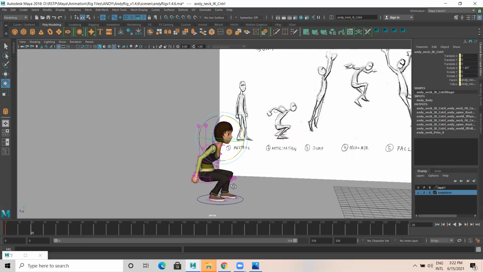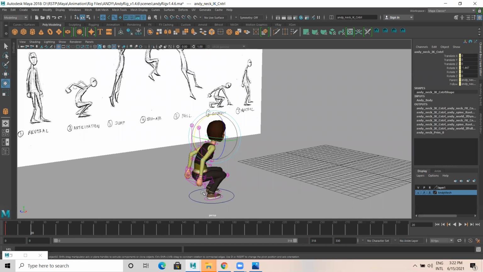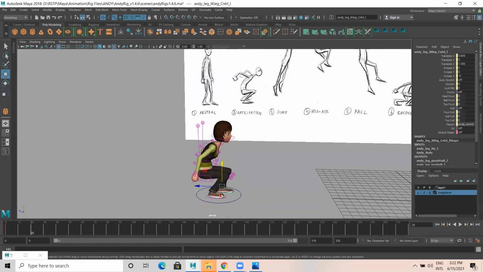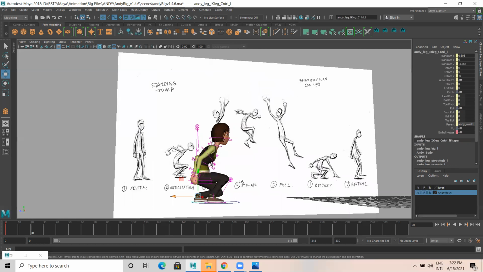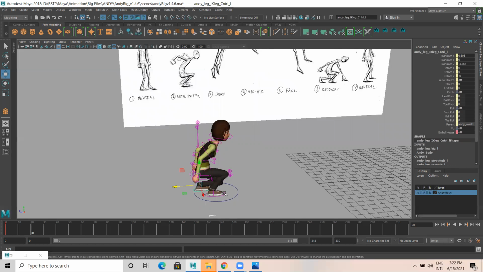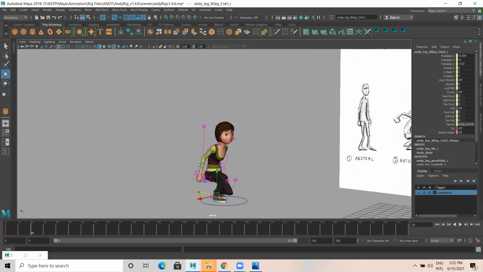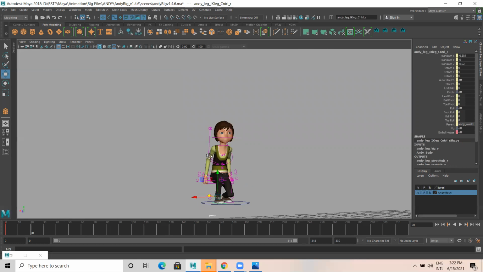Then this leg will automatically go back a bit like this. This one a little front. Make sure the poses are proper.